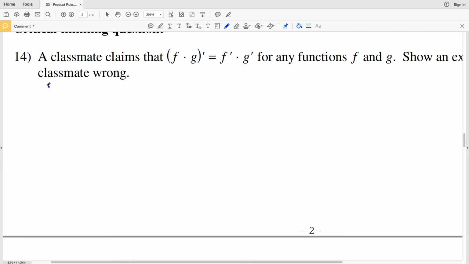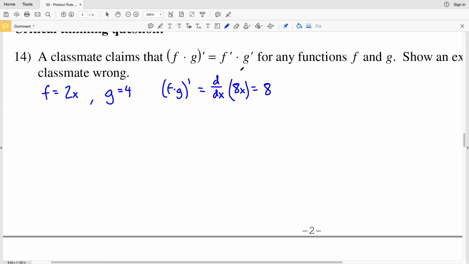For example, let's make f equal to 2x, and let's make g equal to 4. So if we calculate the derivative of f times g, which is 2x times 4,